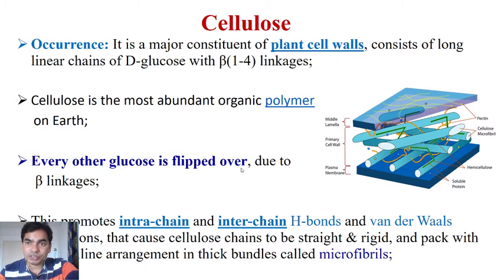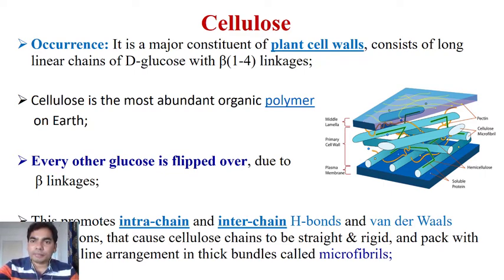If we see the structure of the plant cell, then you can see in this slide the middle lamella, the primary cell wall, and then the inner plasma membrane. So these are the cellulose microfibrils. Along with this there is pectin, right? So these are the cellulose microfibrils found in the primary cell wall. For isolation, we have to crush the wood part and isolate this cellulose. There are different steps that we will discuss in today's lecture.